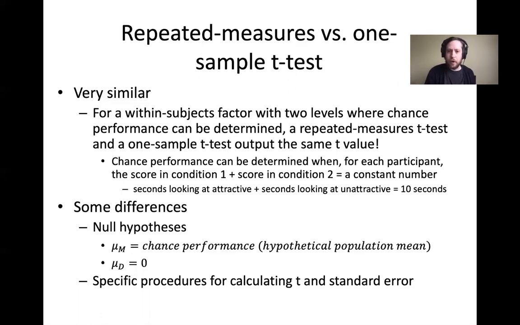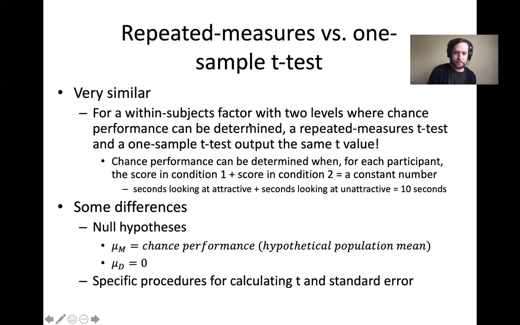But it's important to know when this happens. It's important to know we have a repeated measures design, like we do here. We have a within subjects factor, so we do a repeated measures t. But there's a certain situation in which, when you have a repeated measures t, you could also have the second option instead of calculating a one sample t. Under what circumstances could you calculate a one sample t instead of a repeated measures t? And those circumstances are